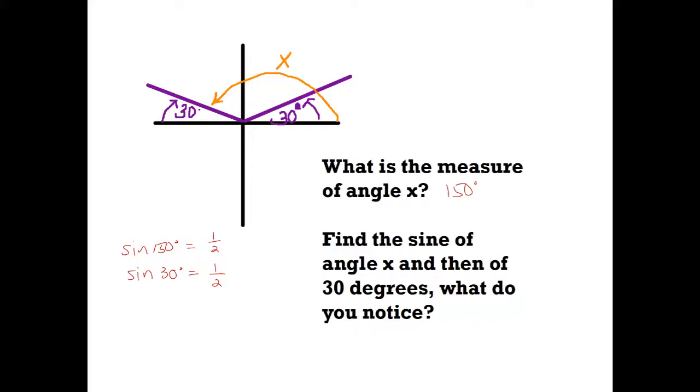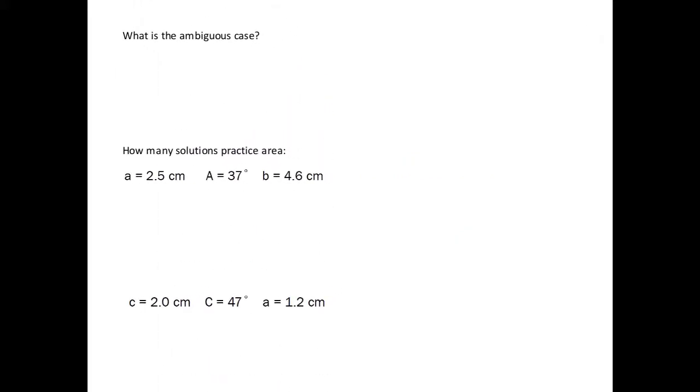And what you should notice here is that 150 and 30 degrees are what we call supplementary angles. And that's going to be important going forward with the type of law of sines that we're going to be working with today. All right, so the portion that we're going to take a look at today is actually known as the ambiguous case. And the ambiguous case is when we're working with a triangle and the given information, if we've got A,